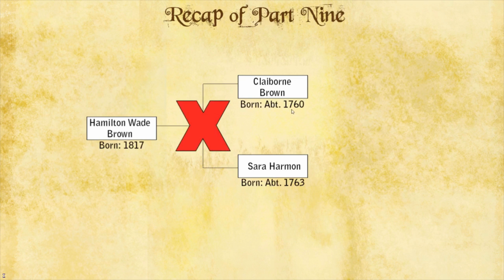Part of that is because of their birth years. Claiborne and Sarah were born about 1760, about 1763. There's no exact birth date for them, but that's approximately when they were born. So they would have been in their 50s when Hamilton was born. That alone isn't too suspect, but add into that